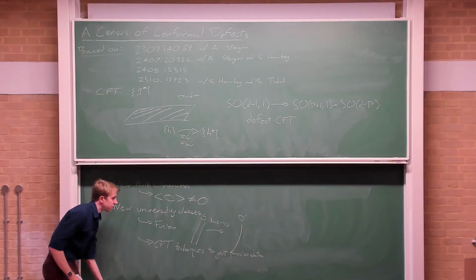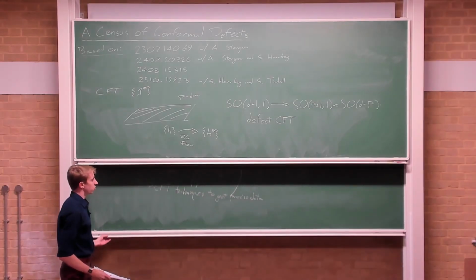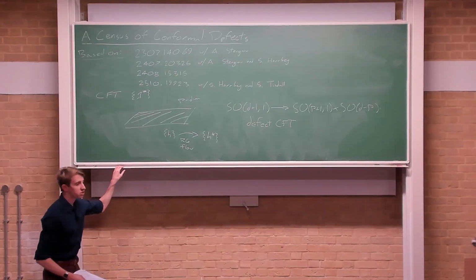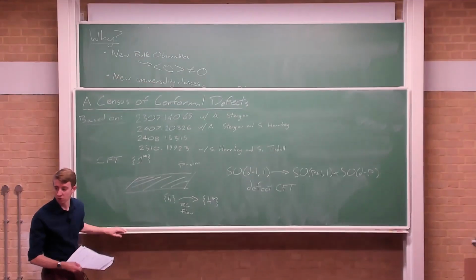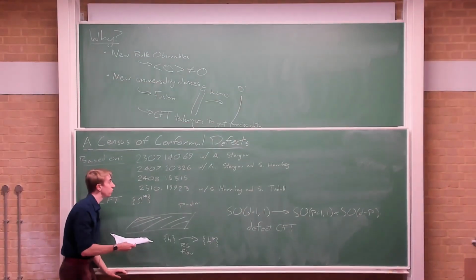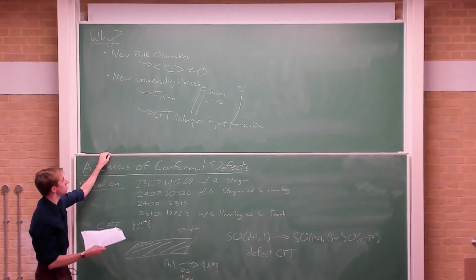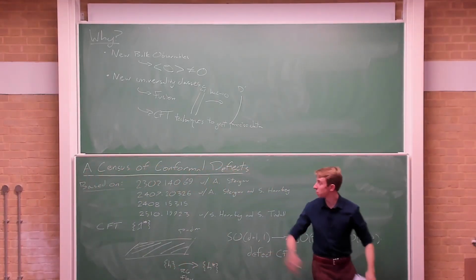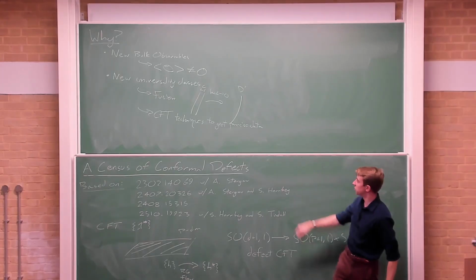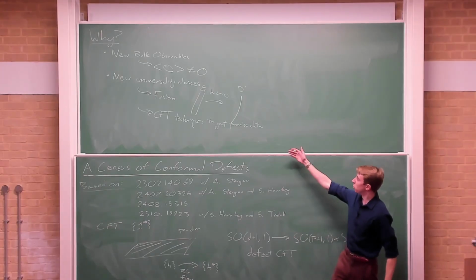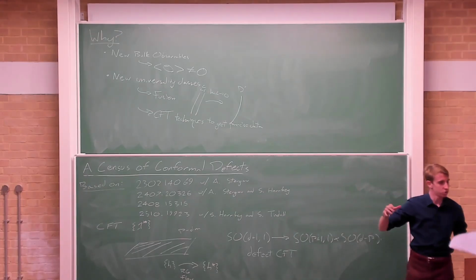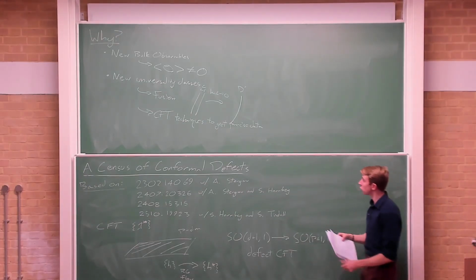But to use these techniques, part of the problem that I want to address in the talk today is that they require some amount of pre-knowledge about what the theory looks like. So for instance, with the bootstrap, you want to put in gap assumptions to try to get rid of this continent, to zoom in on an island in order to really get precise information about what the CFT data looks like. And to motivate those gap assumptions, you need to know something about what the theory is before you're searching for it. And so while this